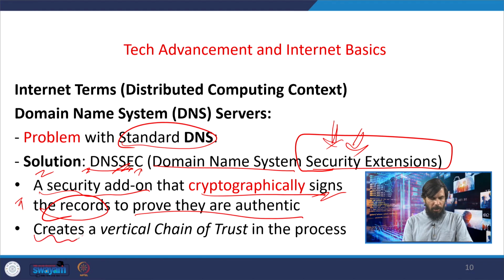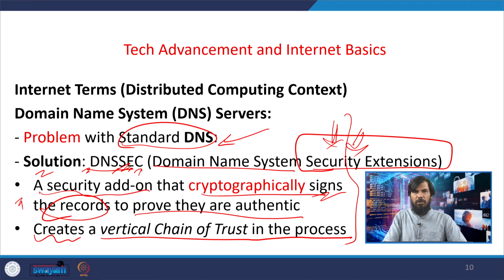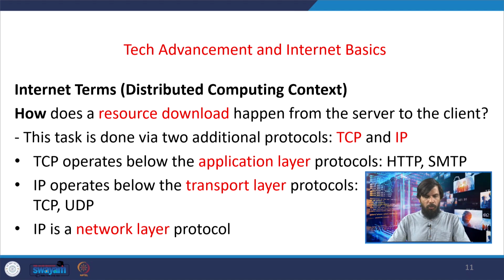So, it sort of creates a vertical chain of trust in the process. Every step in the process, this cryptographic signing is happening. So, there is a vertical chain of trust that will build up because of this. So, that cyber attack scenario that is linked to standard DNS, and lots of incidents have happened, can be addressed, right. Now, with that we move on to the next aspect of